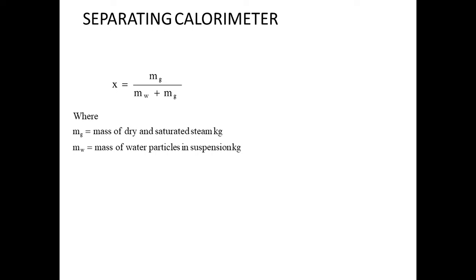So that's why the mass of water and mass of steam, whatever we have measured, may not be correct. There are errors in it, and that's why the dryness fraction measured with this is not correct. It is a rough estimation. Generally we can use it for lower values of x, meaning wet steam. If you have more moisture content in the steam, then that type of steam you can prefer for the separating type calorimeter, where the dryness fraction is lower than 0.7.